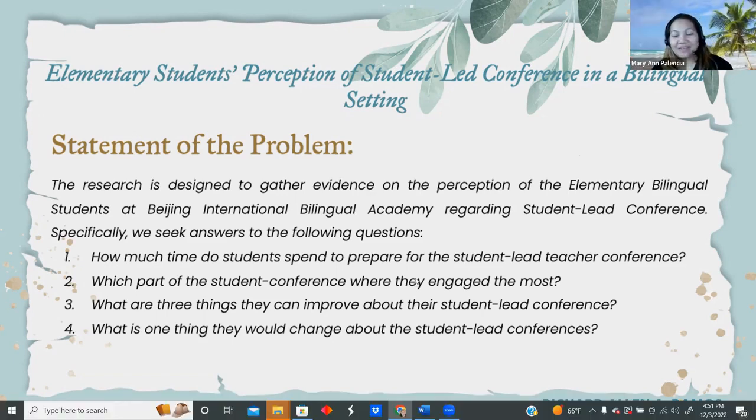Thank you so much, Sir Richard. And then, Ma'am Rowena, those are the two topics proposed by Mr. Richard Ramos. Okay, thank you, Ma'am Mary Ann. Thank you, Sir Richard. So can we go back to the first